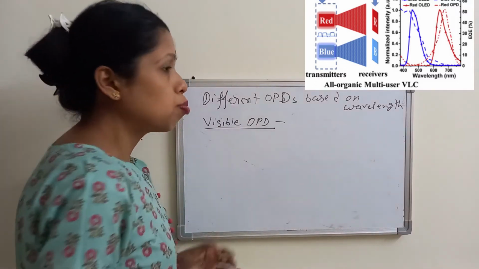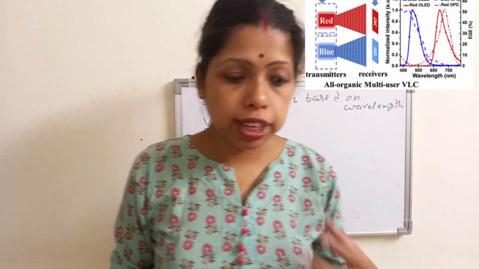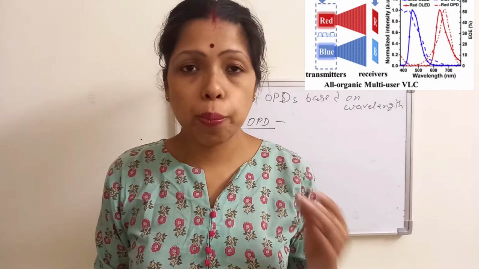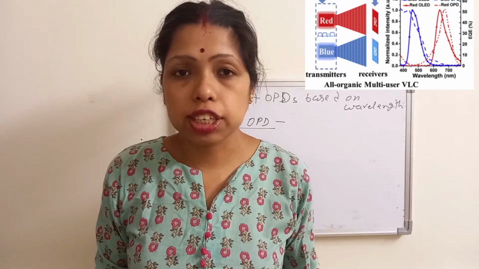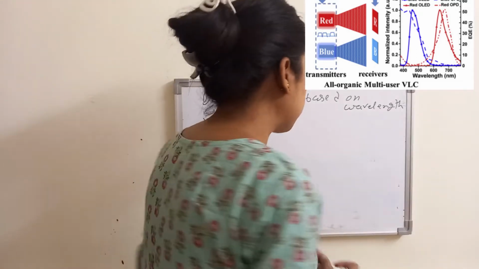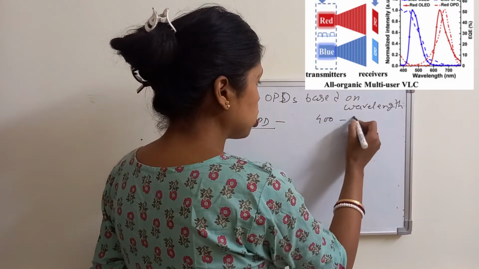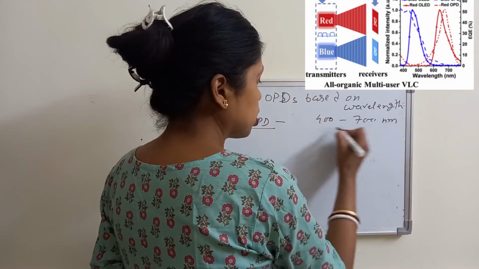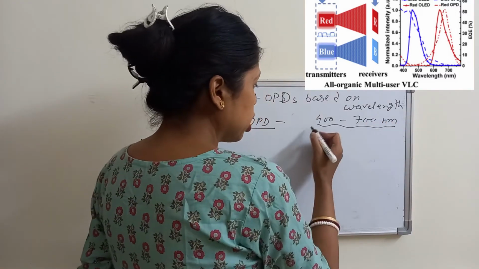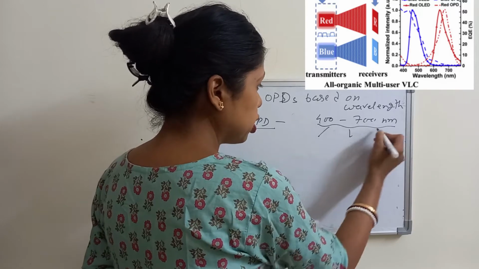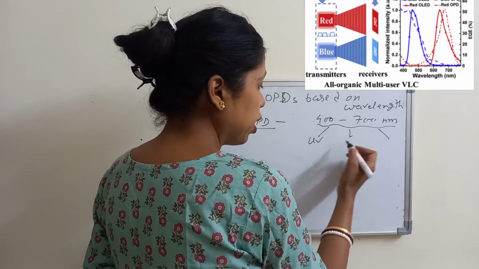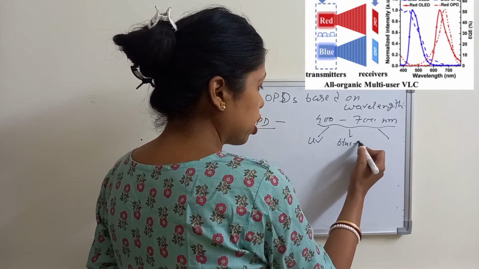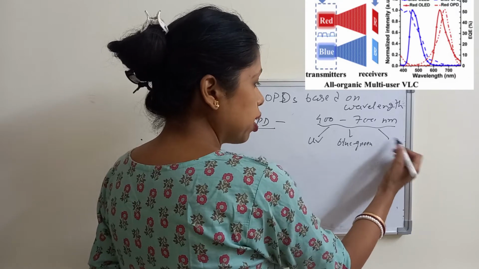Visible organic photodetector means we will design an organic photodetector for a particular visible range. Suppose UV photodetector, red light photodetector, green light photodetector. So these are the visible light, right? The wavelength starts from 400 to 700 nanometer. This is the entire visible range, right? This entire visible range can be divided into three parts. Mainly the UV light, then the blue or green, right? Next is the orange